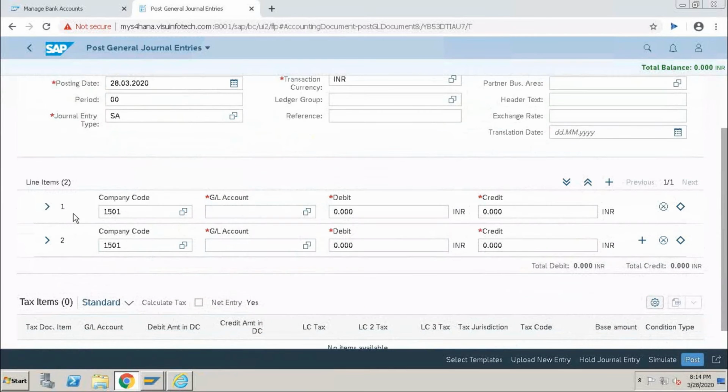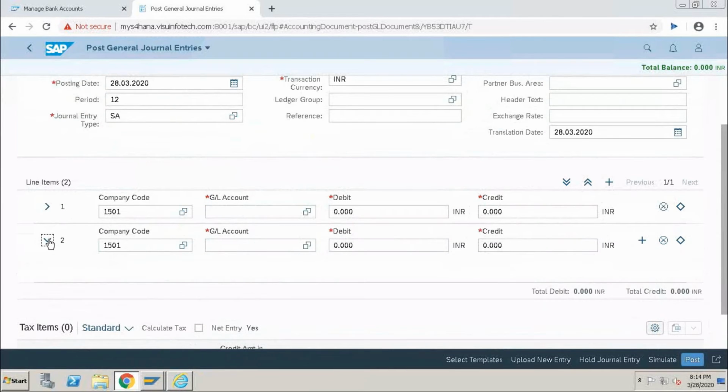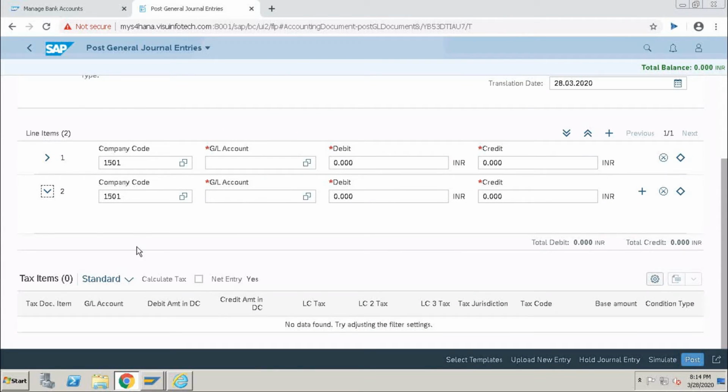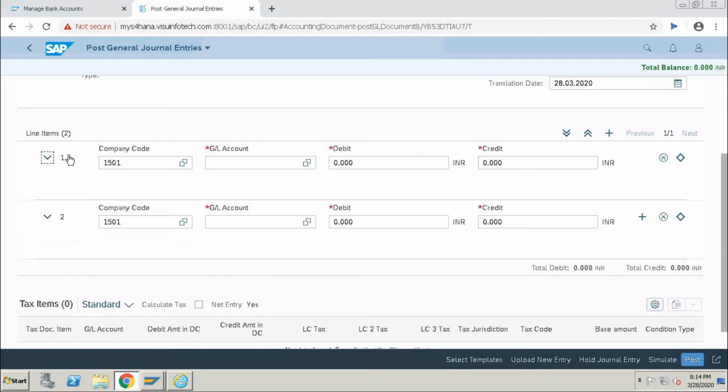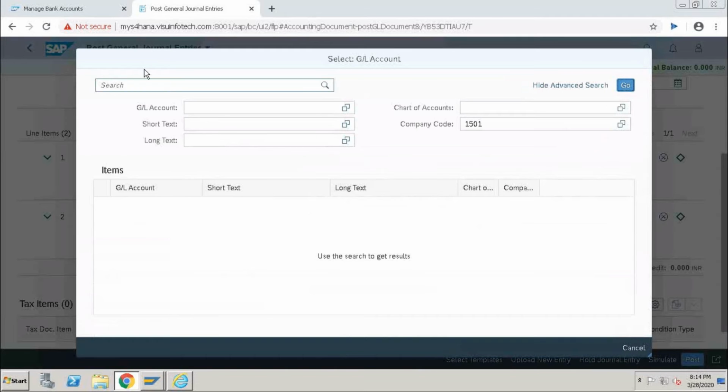For example, if I want to add some fields, the required fields, whenever I click on the right arrow mark button, it shows the fields. So it's like business area, cost center, profit center. Let me take one example.